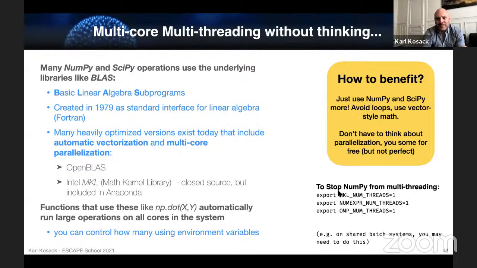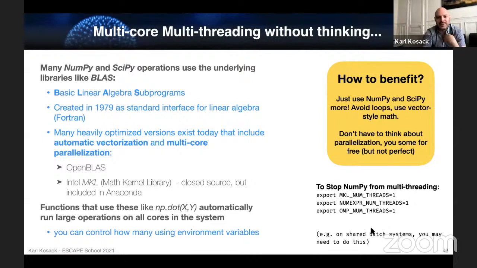However, this is actually something that you might want to turn off. To do that, you have to export a few environment variables in your shell, like MKL_NUM_THREADS, NUMEXPR_NUM_THREADS, and OMP_NUM_THREADS. OpenMP is a C library that's used underneath in some of these implementations to do multi-threading. The reason why you might want to turn this off is that sometimes if you're running code on a shared batch system, a shared machine, there are policies that say you're not allowed to use more than one core.